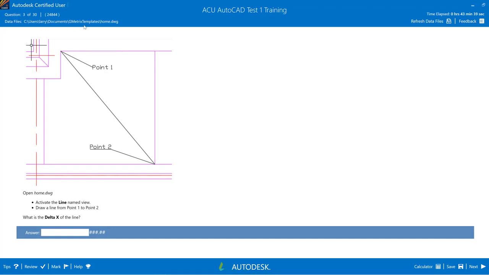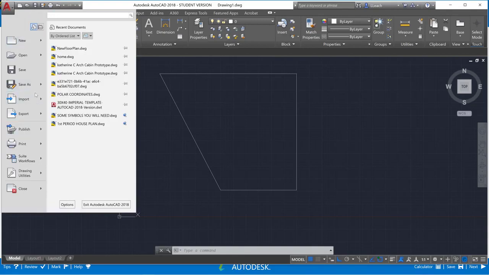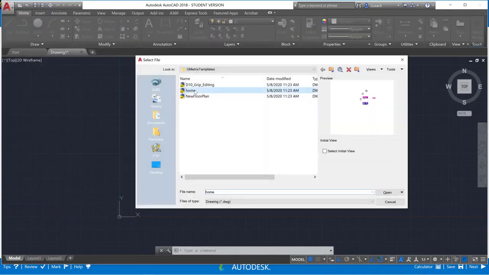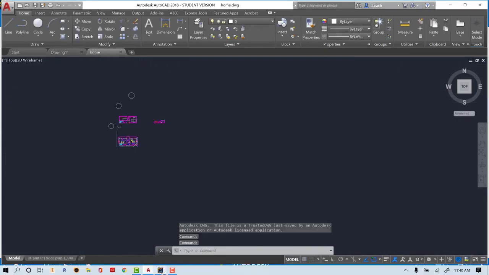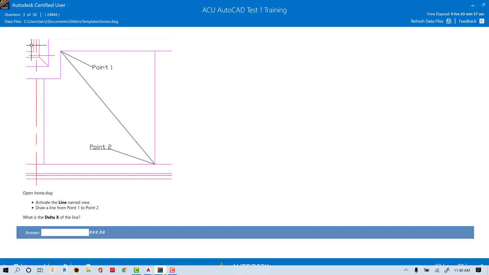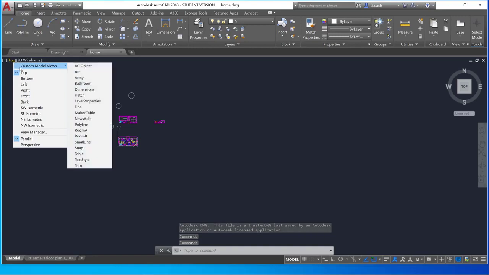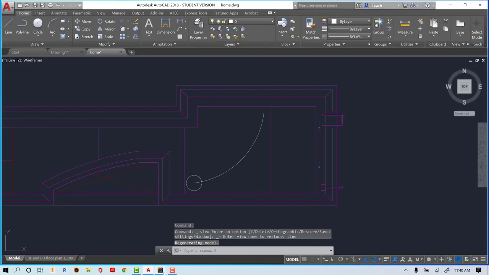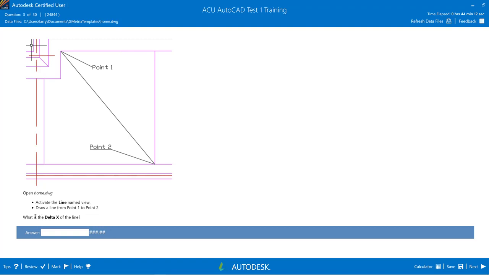So number 3 says we're going to open up the home drawing. So let's go back. Where's my AutoCAD? Okay, I'm going to open up a home drawing, which is this one. All right, now let's go back. It says activate the line named view. So here where it says top, we go to custom model views, go to line, and then it says draw a line from point 1 to 2, and then what is the delta x of the line? So from 1 to 2,